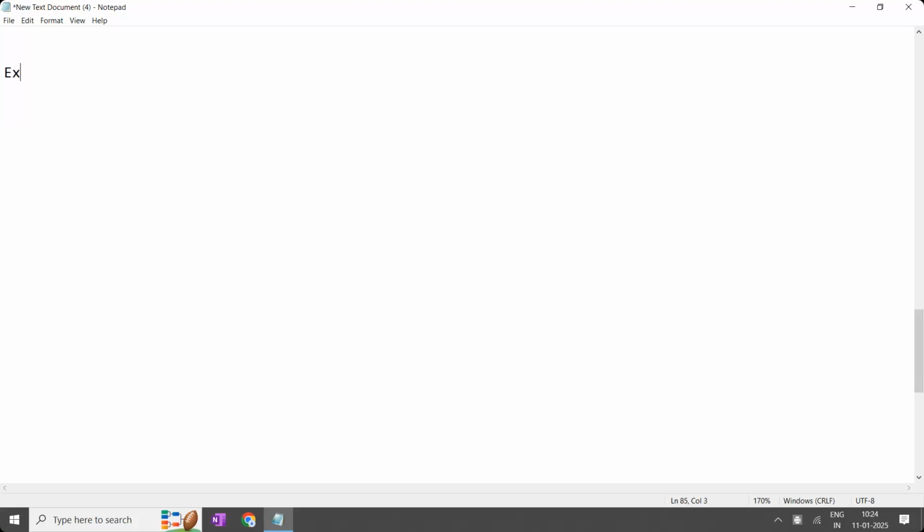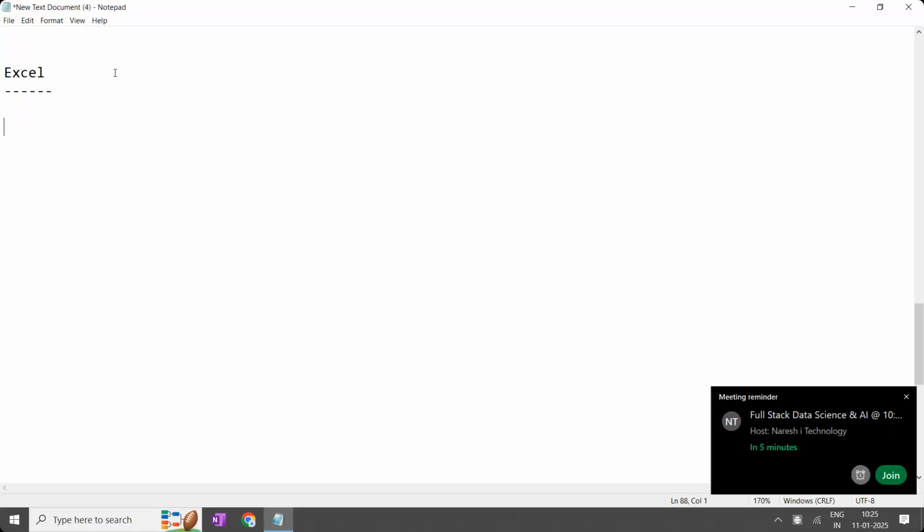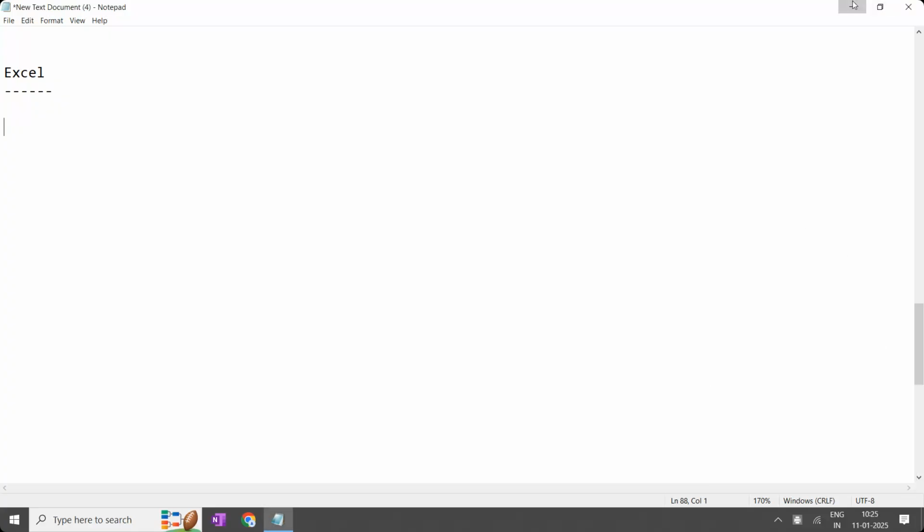Now coming to Excel. In Excel, we can do everything. Data cleaning you can do, and at the same time data analysis also you can do. Data cleaning along with data analysis, both you can do. The meaning is not that every person and every company in India will do data analysis only in Excel. That is not the meaning. Here the possibility is available. Are the points clear, guys, everyone?